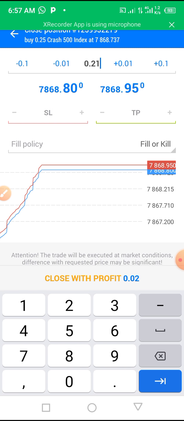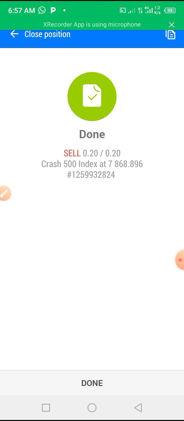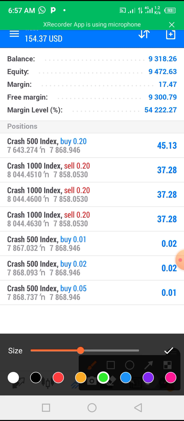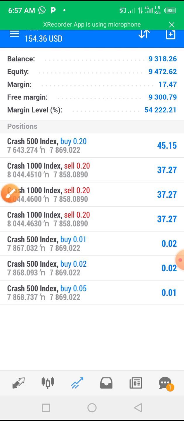That 5 that is there, remove it, return it to 0.20. What it means is 25 minus 20 equals 5. When you close it, you see here now it is 0.05.